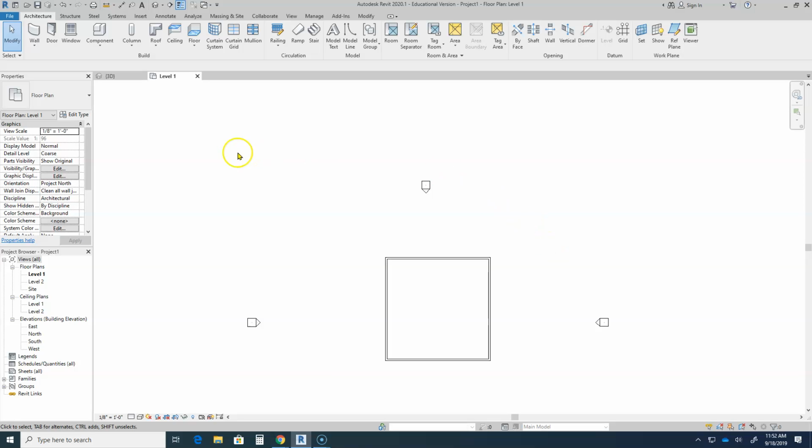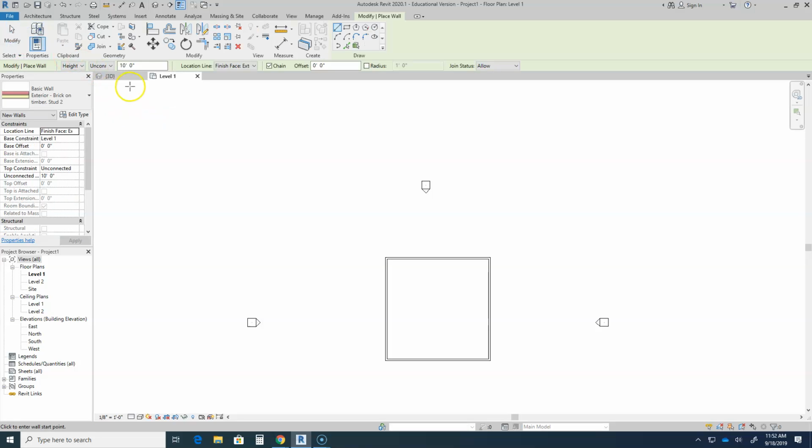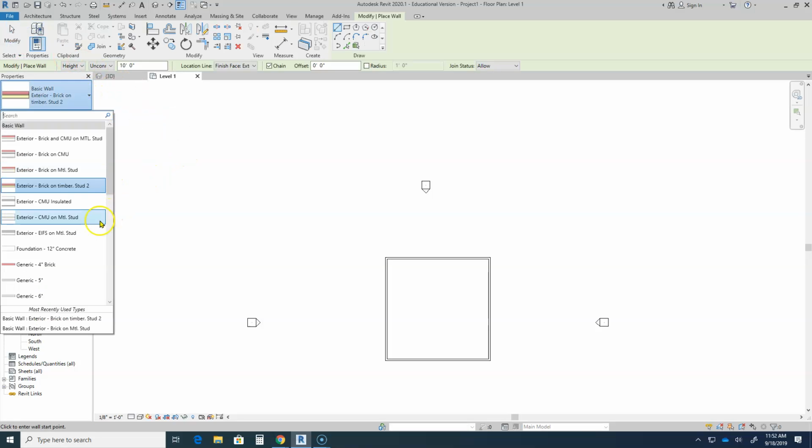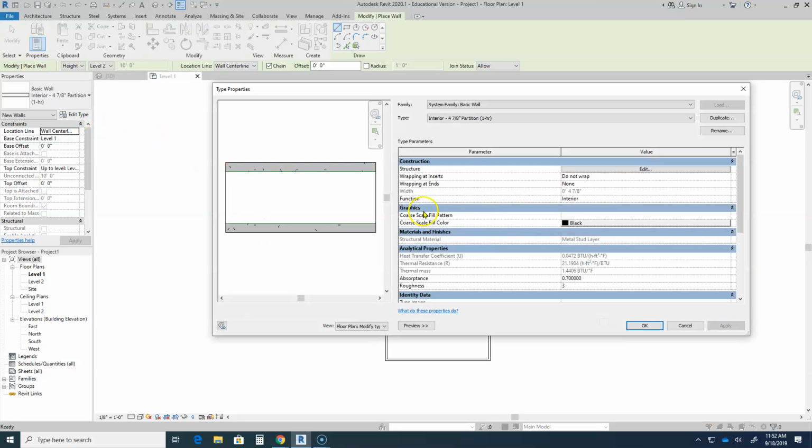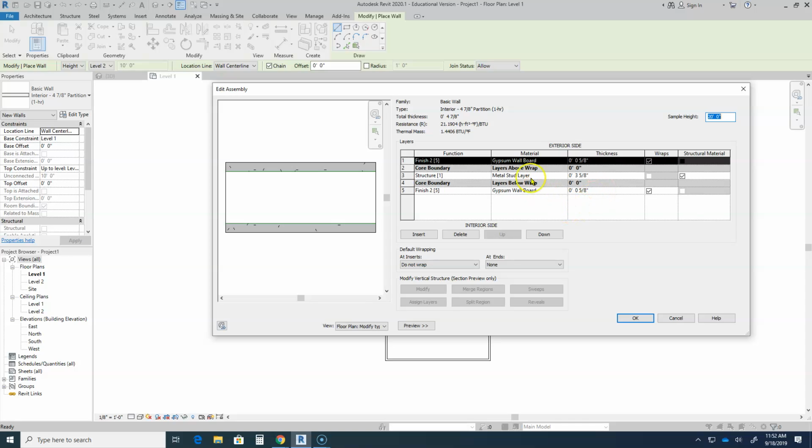The interior wall, however, is a little different. Here's what we want to do. Now on the interior wall, we're going to draw a wall just like we would normally do before. And we are going to edit just a basic 4 7/8 inch partition. We're going to click on edit type, and the only thing we have to do to this one is change our material. It already says 3 5/8 of an inch. Now I said a stud was 3 1/2 inches. Well, 5/8 is not that much difference, so I just leave it there